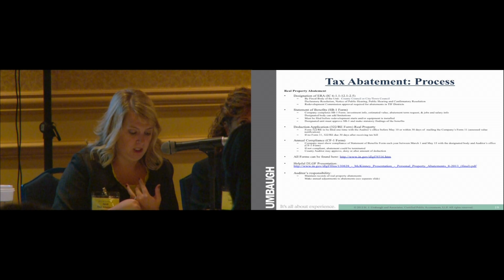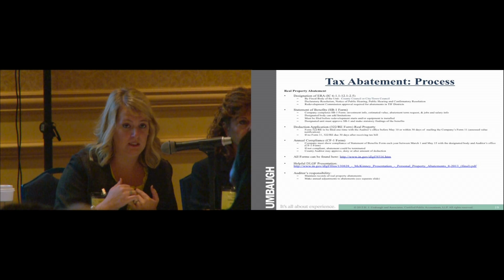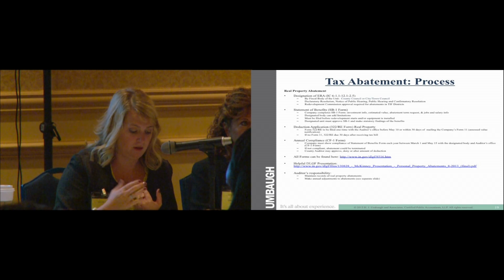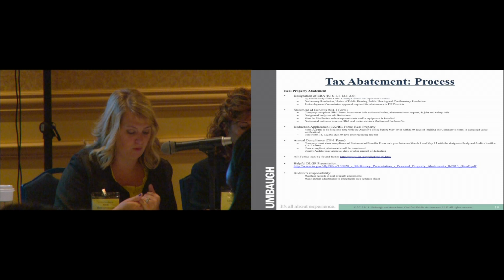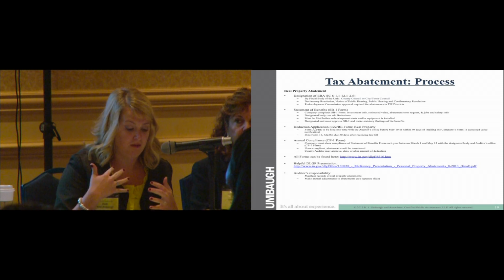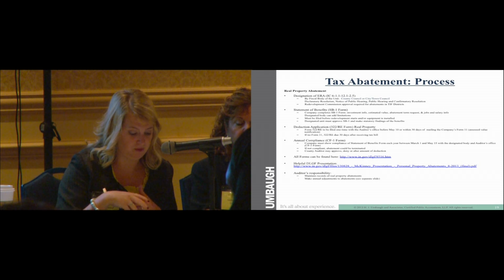forms. The designated body on the second page of that form can actually add limitations to their abatement request. And this must be filed before any redevelopment starts or any equipment is installed within that facility.